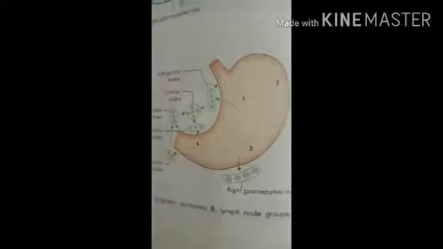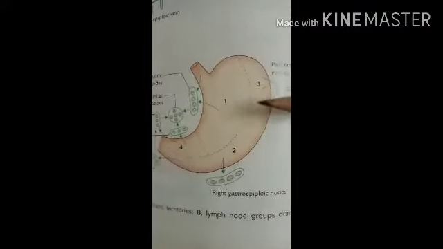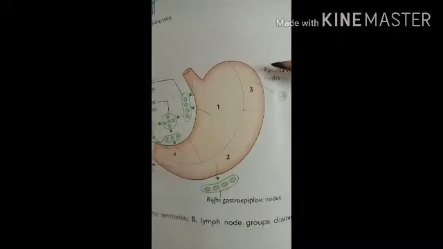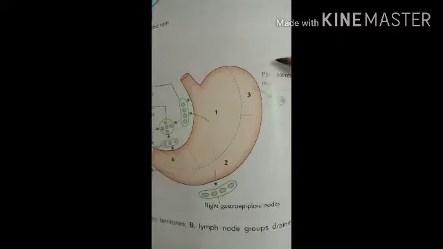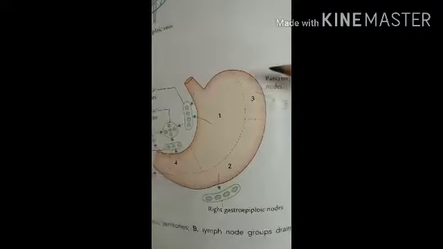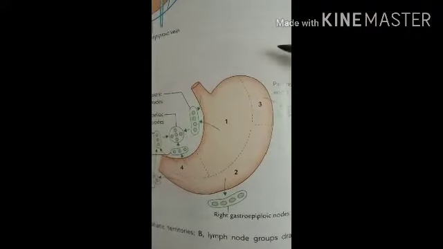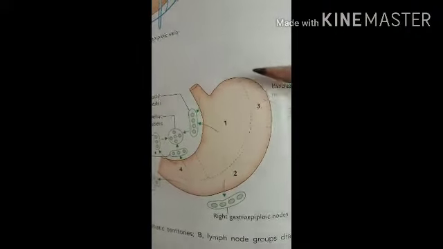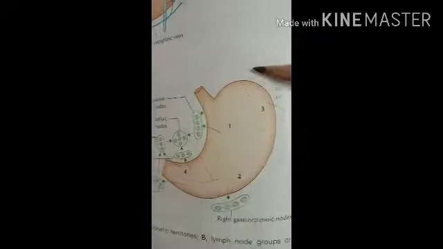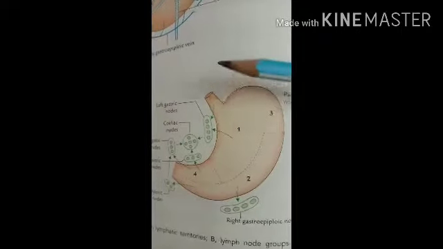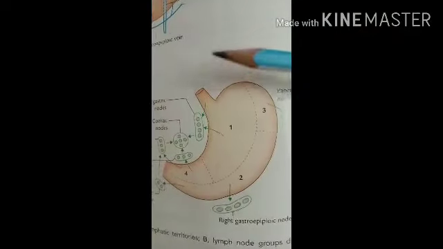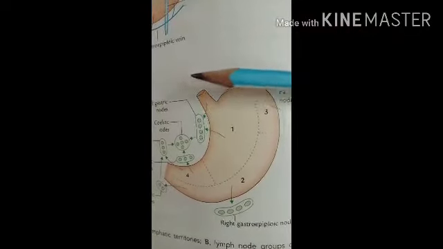So this is the lymphatic drainage of the stomach. The lymph from the area drains in different directions into the pyloric, hepatic, and left gastric lymph nodes, and passes from all the nodes into the colic lymph nodes. Okay? So lymph from all areas of the stomach reaches the colic lymph nodes.